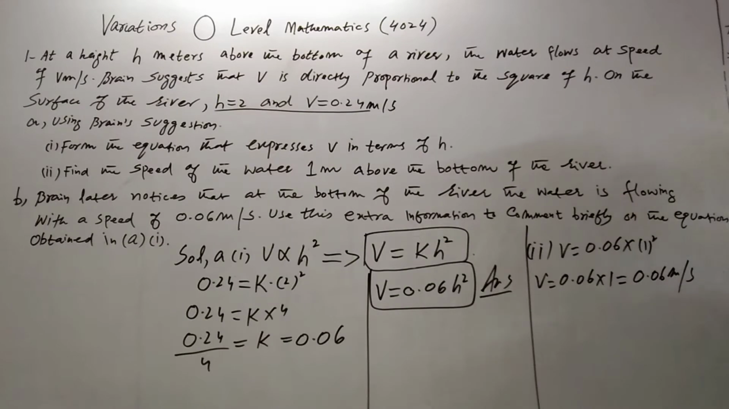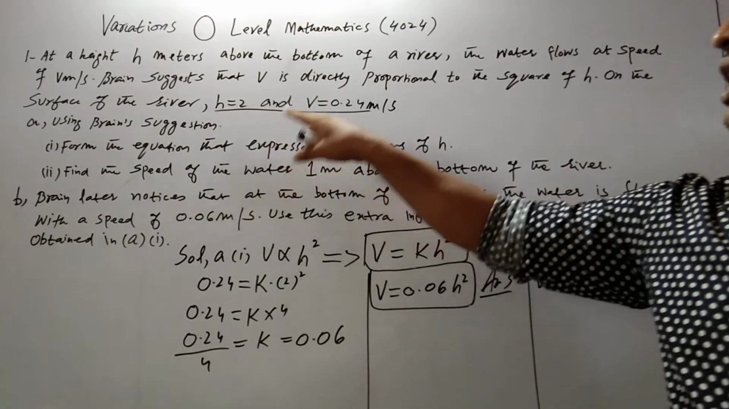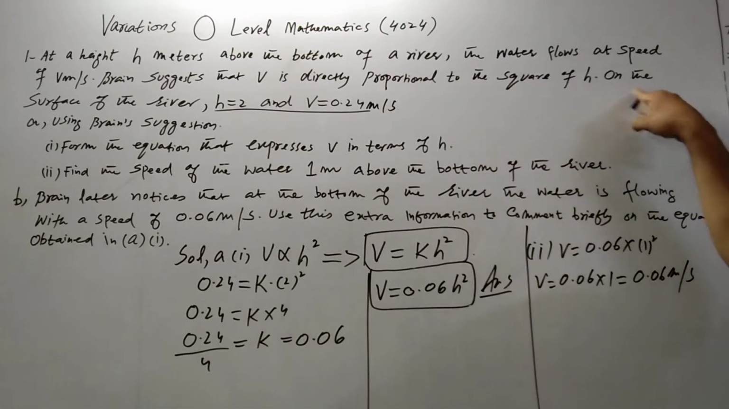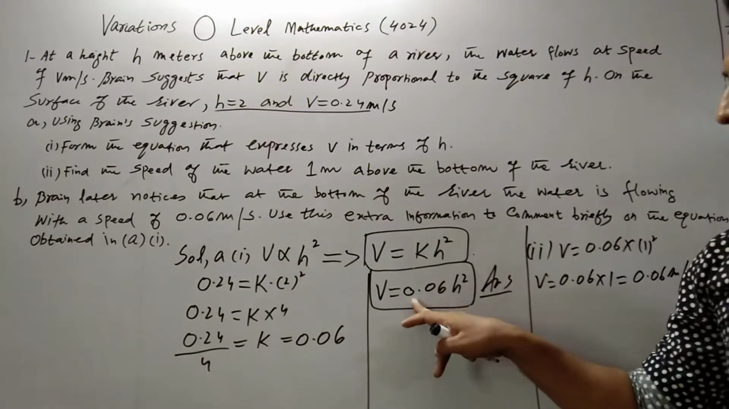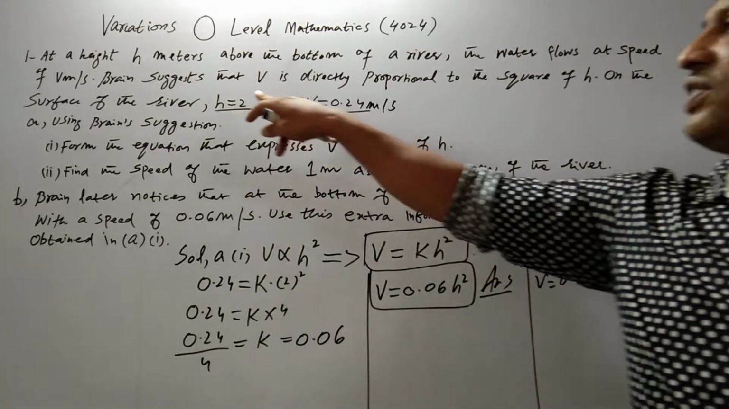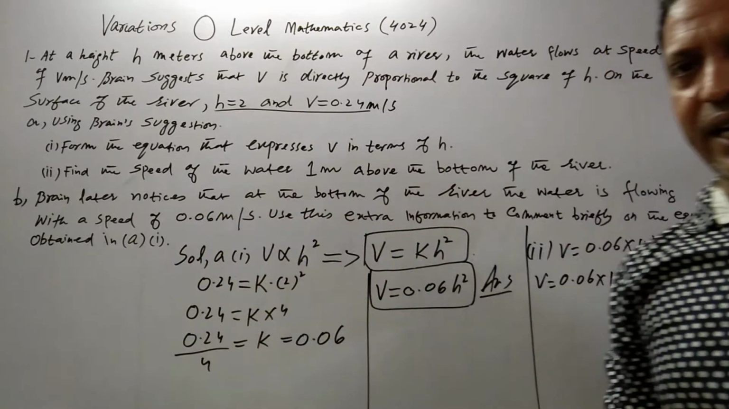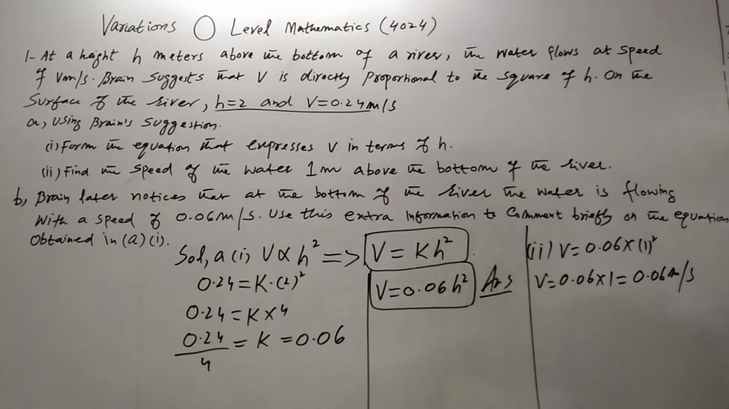Our equation in A1 is v equals 0.06 h square. How did we find this equation? Brain suggests that v is directly proportional to the square of h. On the surface of the river, h is 2 and v is 0.24, and we get this equation. But in part B, Brain later notices that at the bottom of the river the speed is 0.06 meters per second. So there is a contradiction between this part and this part. Therefore, the answer of part B is